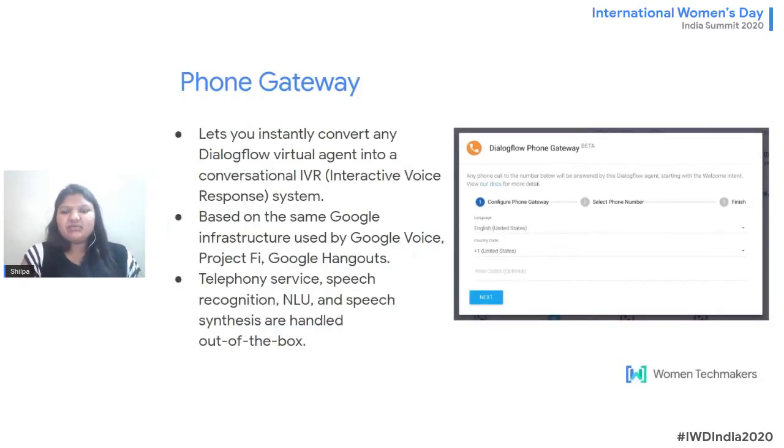The very first feature about Dialogflow is the phone gateway. How we can use this phone gateway is, as I earlier explained, IVR, right? You must have seen that IVRs are available in many companies or colleges, and there are a lot of places where IVR is being used. So now what you can do is directly connect your Dialogflow agent to the IVR. What will happen at the backend is, whenever a user calls your IVR and asks a question, Dialogflow will answer from the backend, right? The flow will work in the same way: it will trigger the intent, give the response back, and then that response will be spoken in IVR format, right? So that's how a phone gateway works.